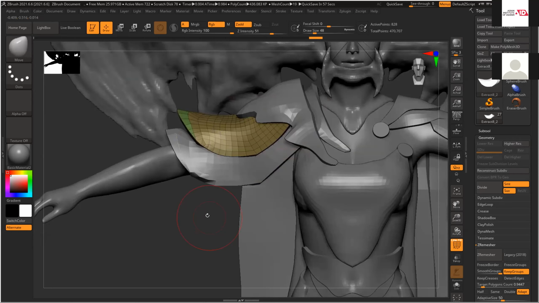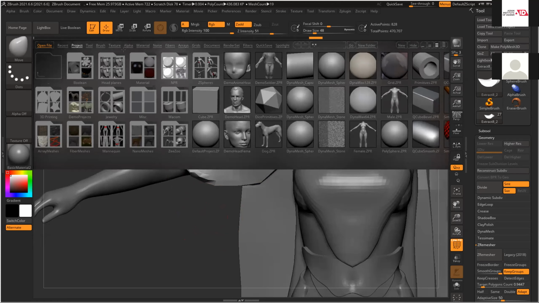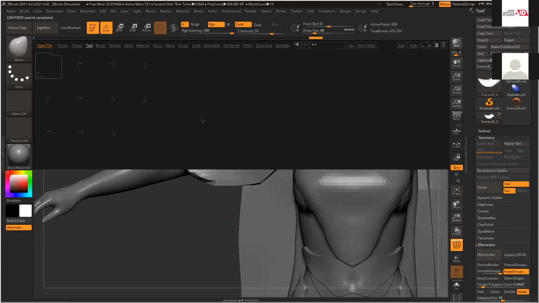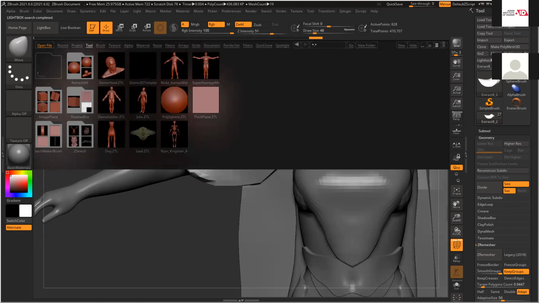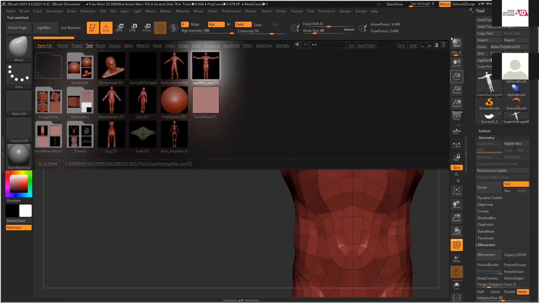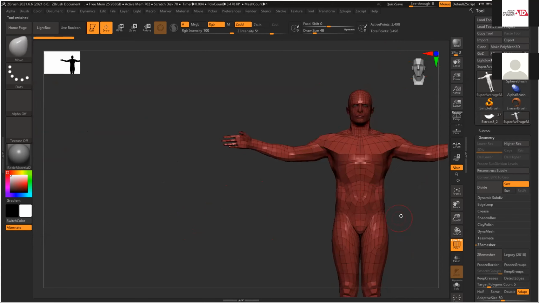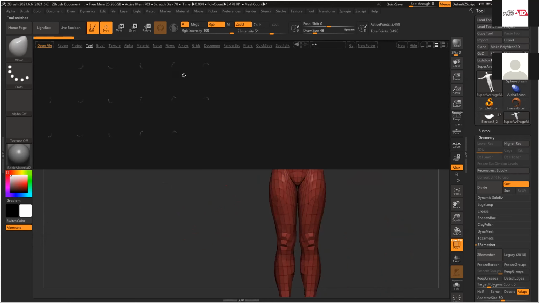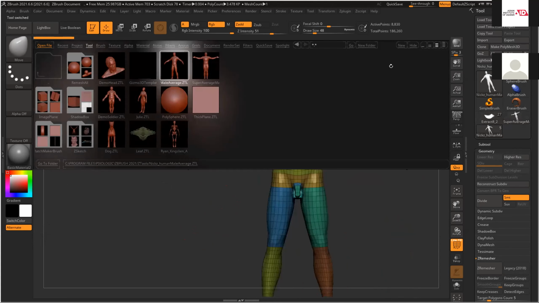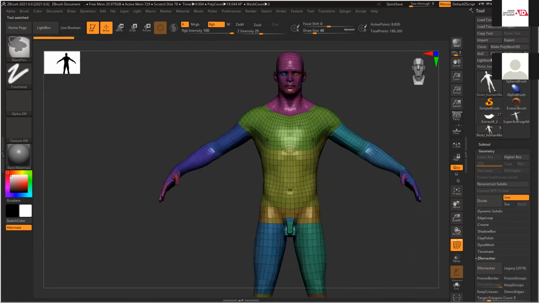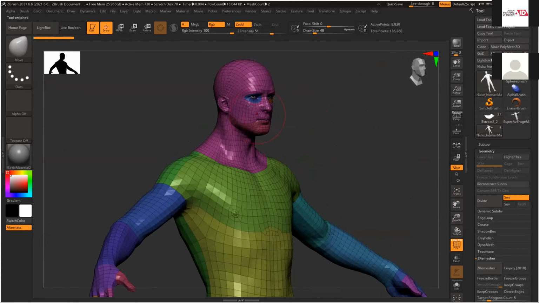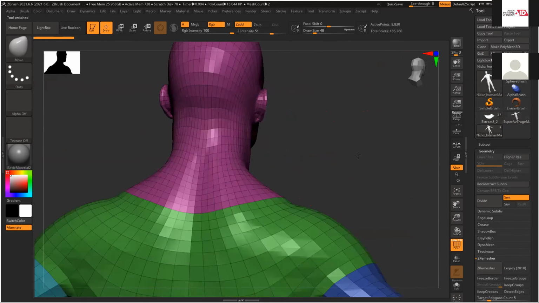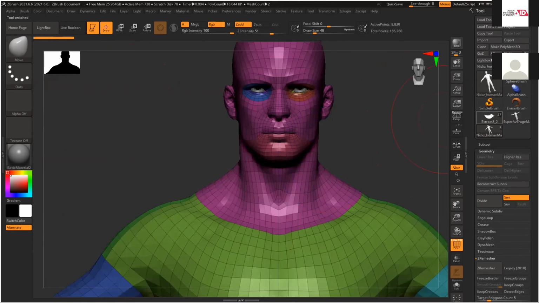If you're having difficulty, you can use the ZBrush base mesh also. That is good enough. Like this one, or this one, this is a decent base model. You can use this also, and there's another one. This is pretty good, a pretty nice base model. Yes, sir, it's already there in ZBrush.